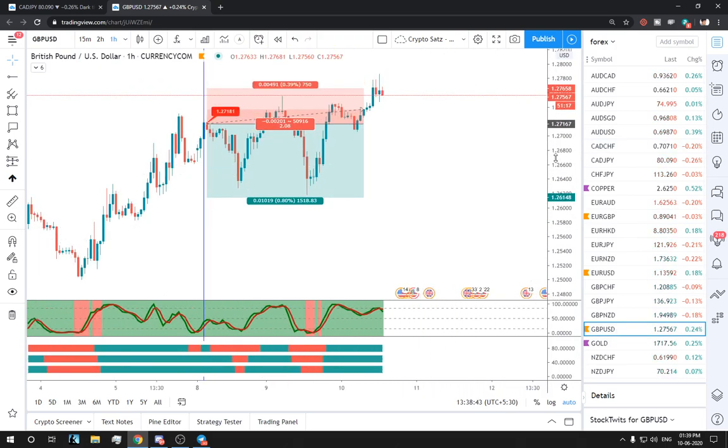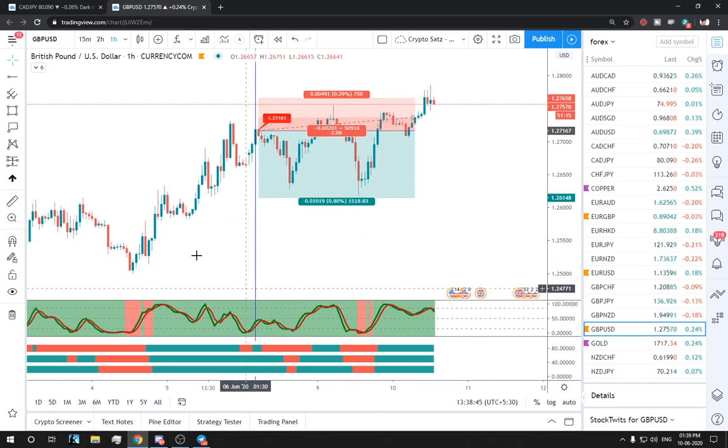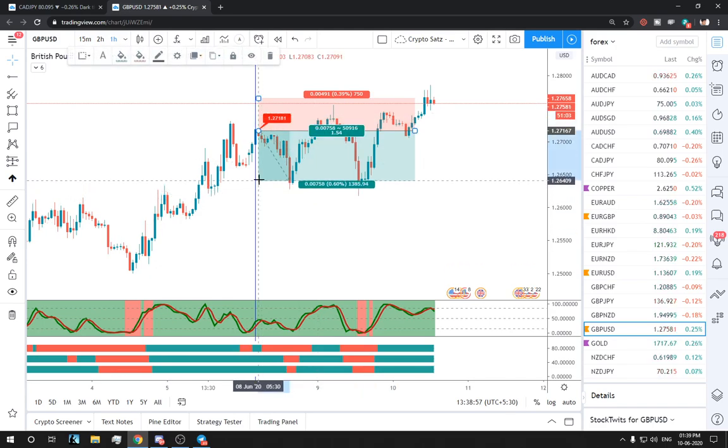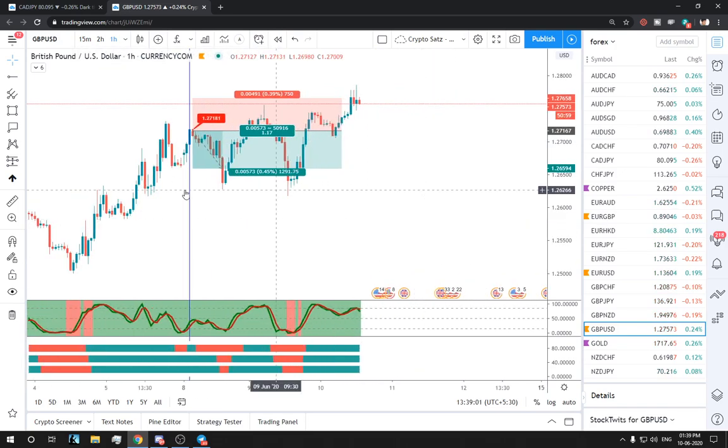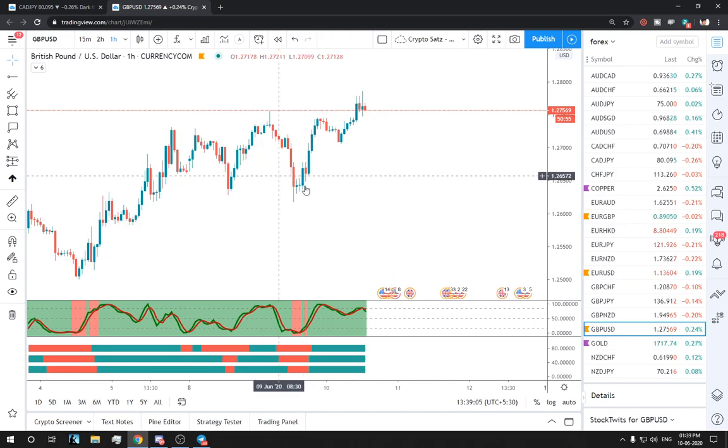And this GBP USD, wait, why did I mark this? Why did I mark this? And this was like 1 to 2x. So this is some mistake, I guess. I don't know, I don't remember why I marked this trade. So okay,